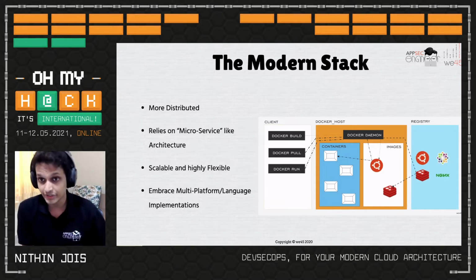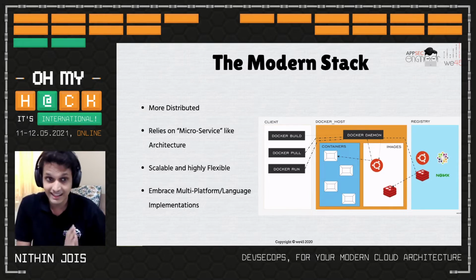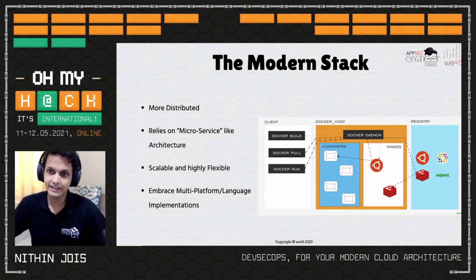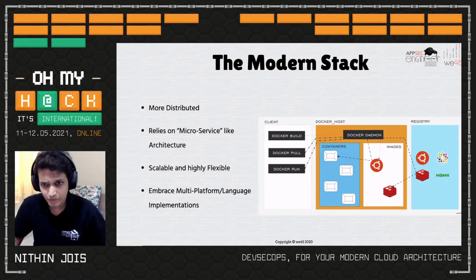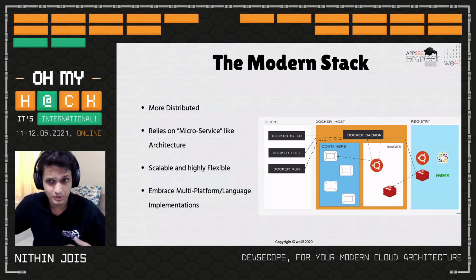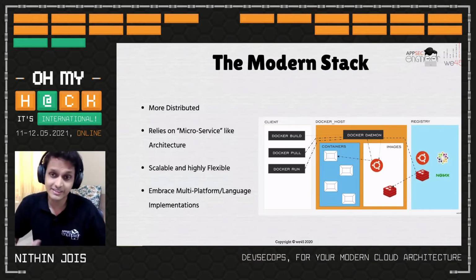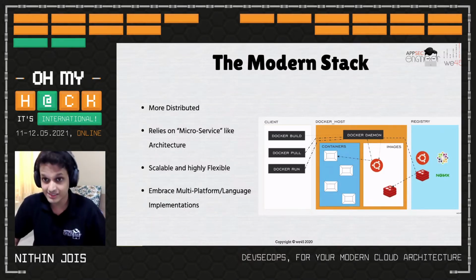Especially with the introduction of container technology, microservice style architecture has taken off. And obviously, this has its own set of advantages. It's a lot more scalable and a lot more flexible to deploy an application in a microservice style architecture. If you want to scale your application to thousands or tens of thousands of users in something like Kubernetes, it's literally one single command. It's that simple to start creating replicas to ensure that you are delivering your application